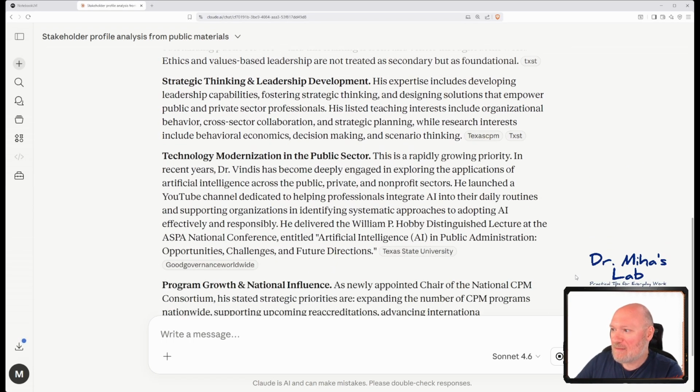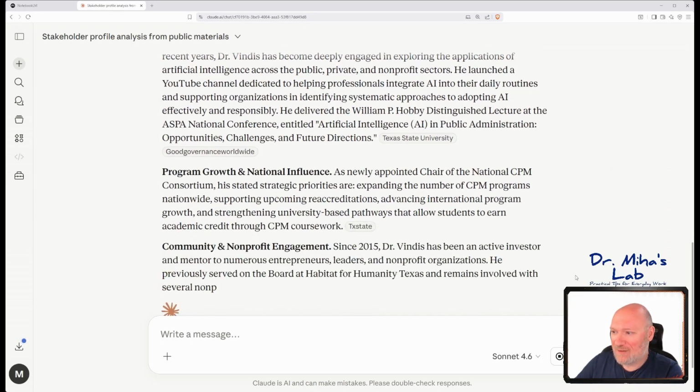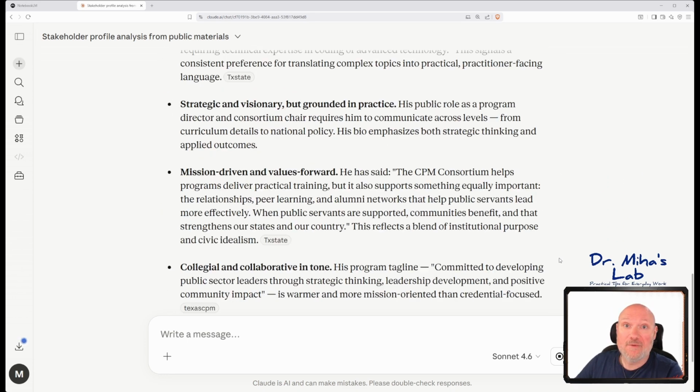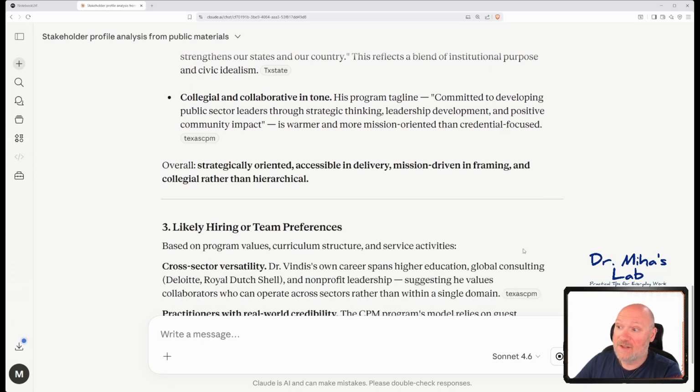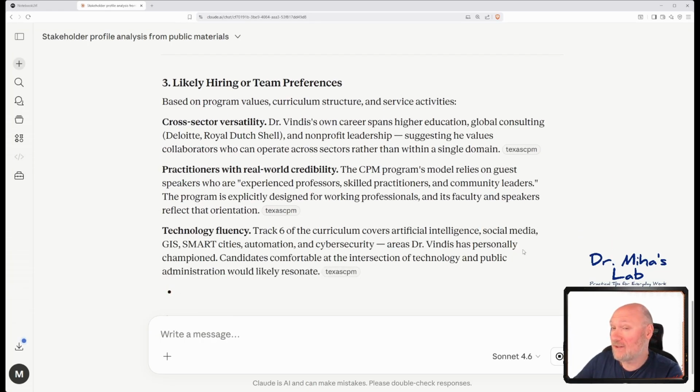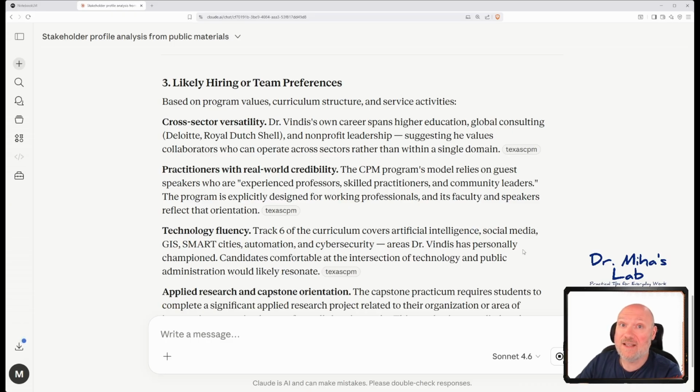I think it did a pretty good job of building a stakeholder profile, at least based on the information that we provided and what it could find online. We can use this as a basis for a stakeholder profile. So what we can actually do is copy and paste this to a document and include this in the next step,